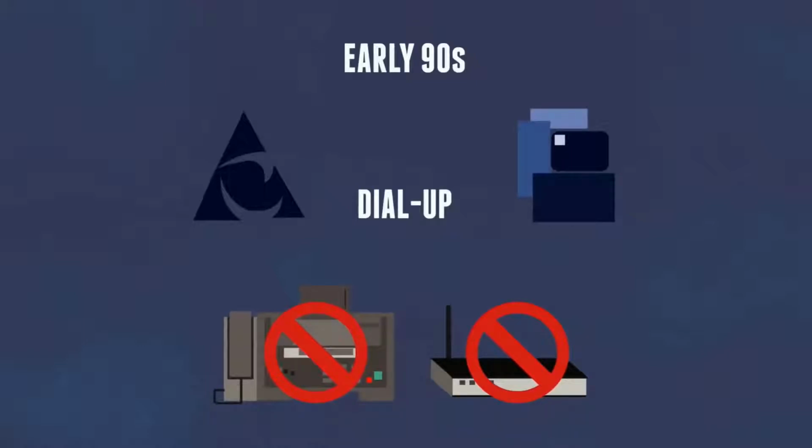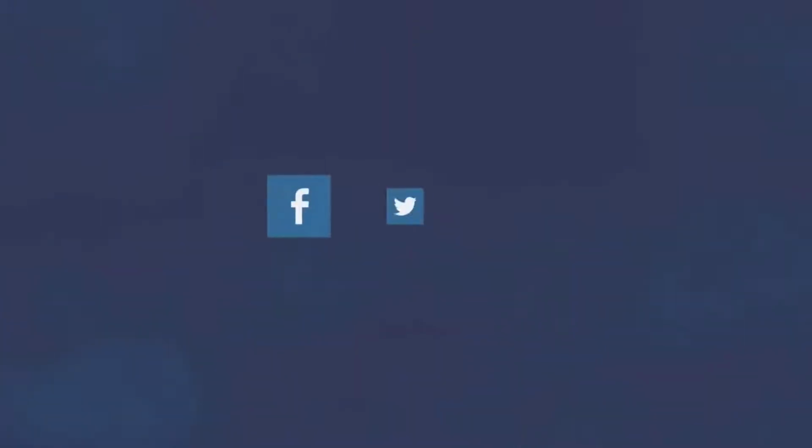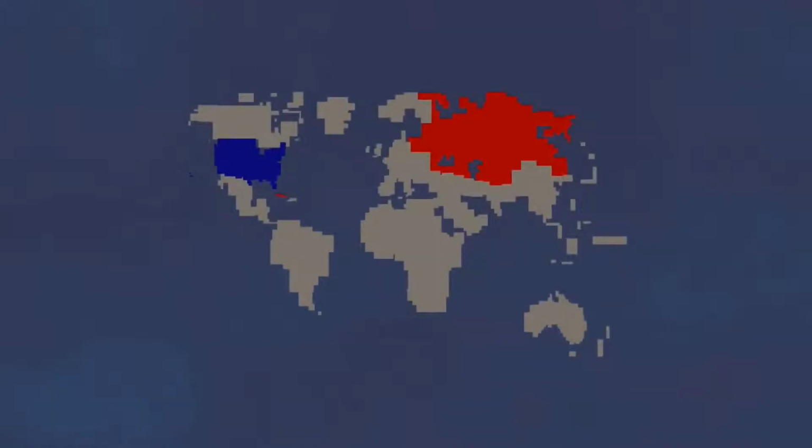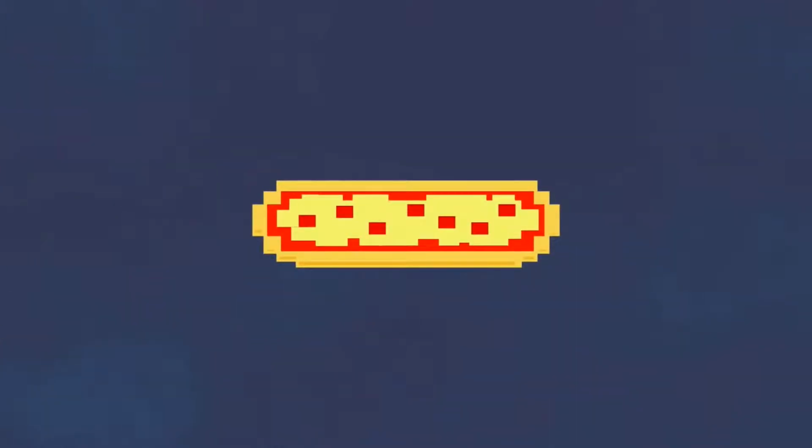Without the internet, we obviously wouldn't have things like Facebook, Twitter, and YouTube, but way more importantly, we wouldn't be able to access information in seconds. We wouldn't be able to communicate with people from around the world, share ideas, and educate those who might not get a chance elsewhere. Also, without the internet, I'd actually have to talk to someone when I order a pizza, which, by the way, was the first thing ever purchased on the internet.